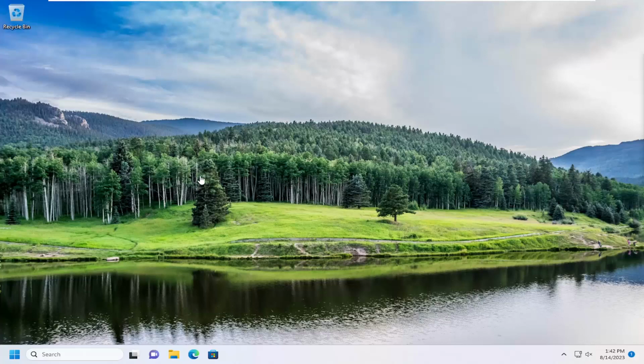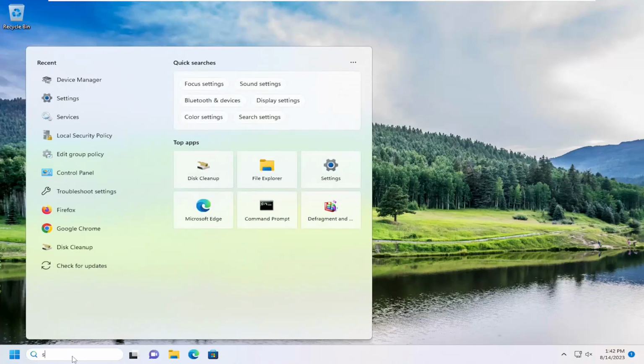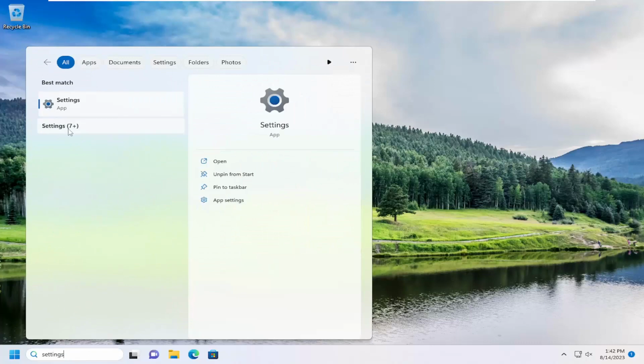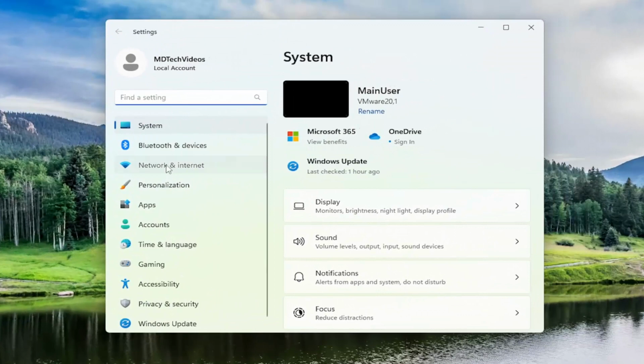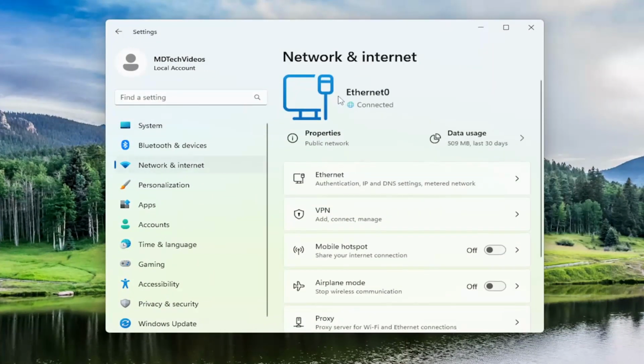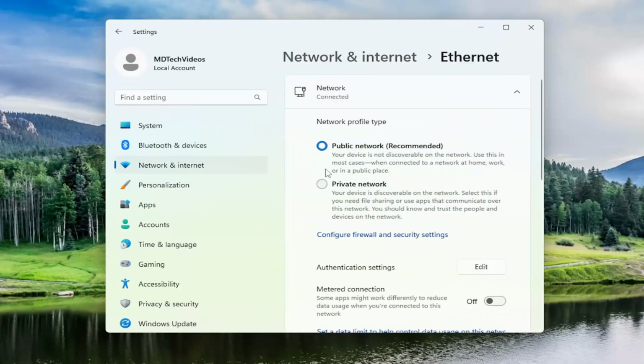So first thing I'm going to recommend doing is checking your network discoverability settings. In order to check those, go ahead and open up the search menu, type in settings, best match should come back with settings. Go ahead and open that up. On the left side, you want to select network and internet, and then you want to select your internet type, whether it's Wi-Fi or Ethernet. It'll say one or the other up here. So just go ahead and select whatever that button may say, and make sure it's set to a public network, and then attempt to connect to your printer if you made an adjustment in there,